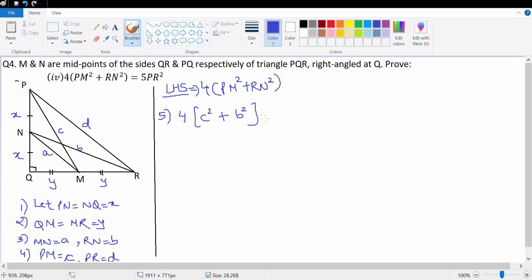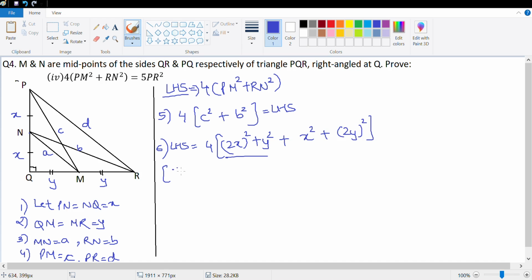Yes, RN is equal to B, so this is our left hand side. Now this means the left hand side is equal to 4 times C square, which can be written as (2x) whole square plus y square, plus B square, which can be written as x square plus (2y) whole square. The reason for this: in the right triangle PQM, we get PM square is equal to PQ square plus QM square, and in the right triangle QNR, RN square is equal to